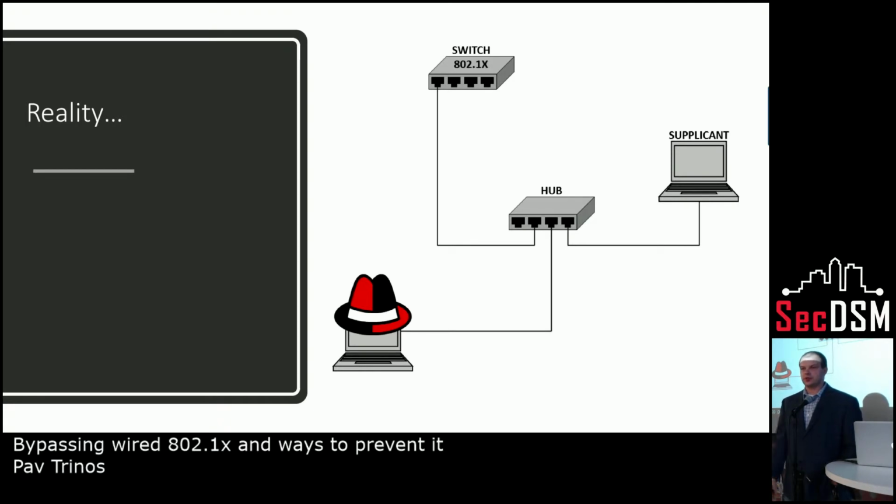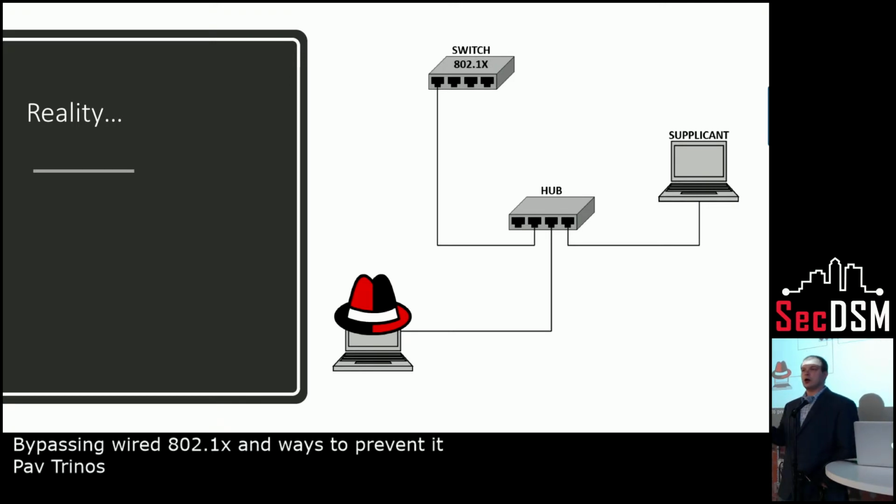Where do we need it? To sniff all the traffic, all the clear text, whatever our supplicant is sending. As long as we are in promiscuous mode on our NIC, the smart switch will never see our MAC address. It will never start to authenticate us as a new session. It will never know that we are behind a hub. And we're just there sniffing it all.